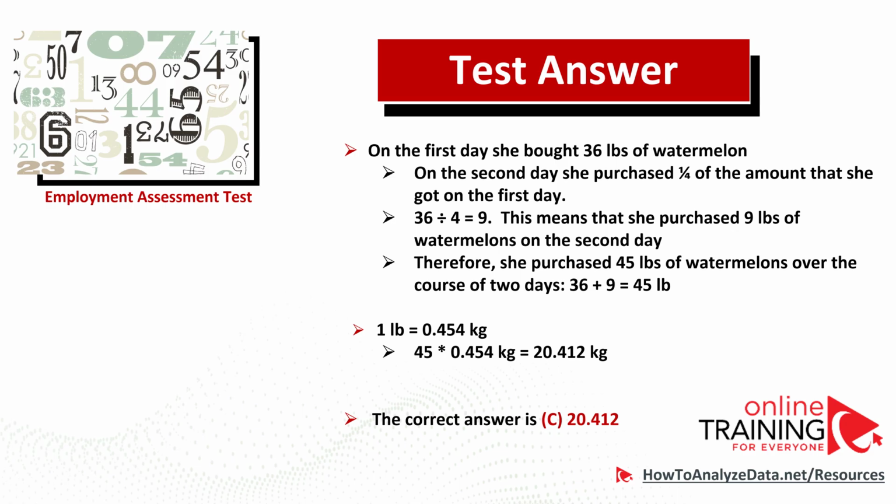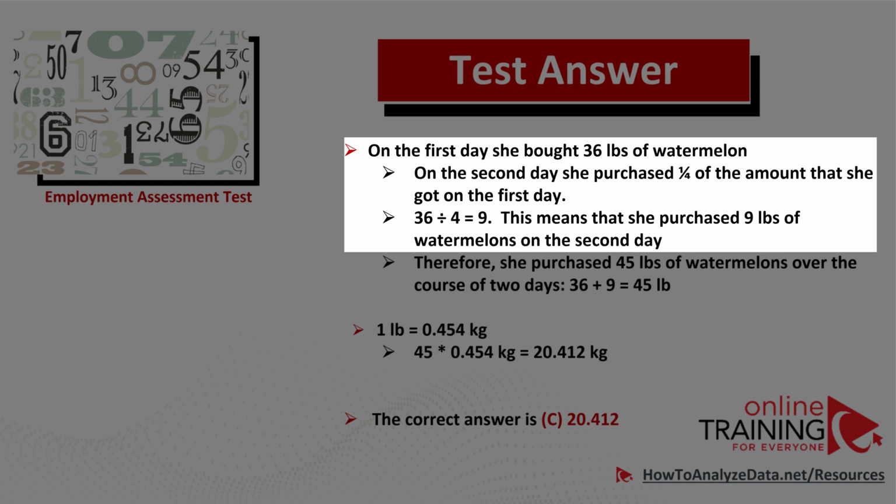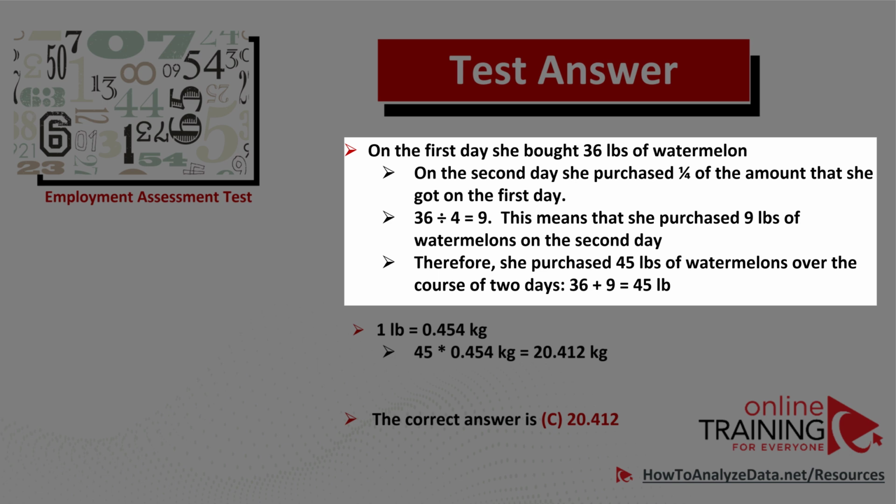We'll solve this challenge in multiple steps. On the first day, she bought 36 pounds of watermelon. And on the second day, she purchased 1/4 of that amount. So on the second day, she purchased 36 divided by 4, 9 pounds of watermelon, which means that she purchased 45 pounds of watermelon total over the course of 2 days, which is calculated as 36 plus 9 equals 45